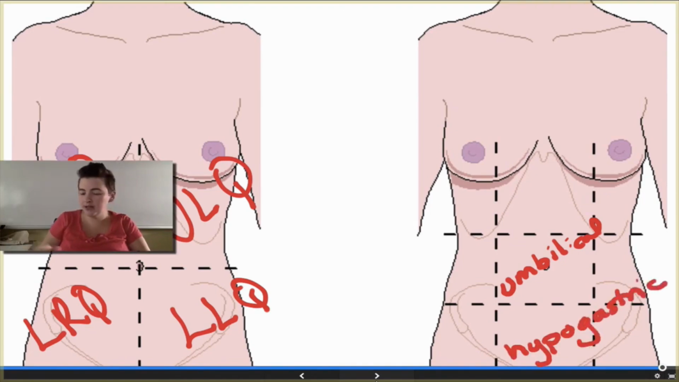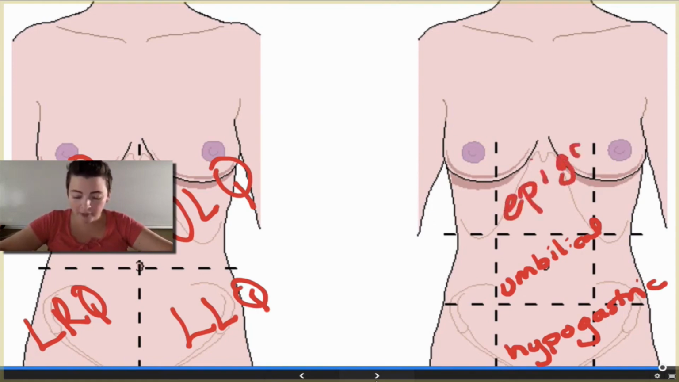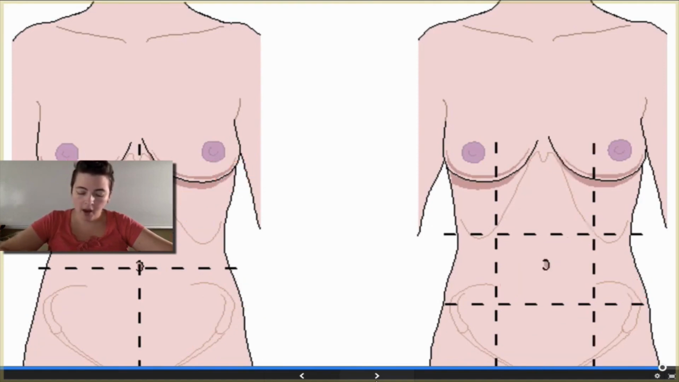And hypogastric, hypo means below, gastric means stomach, so below the stomach. Above the umbilical is the epigastric. Epi means around, gastric means stomach, so it's around the stomach area. Over to the right, remember this is right and this is left, so if you were to hold this picture up towards you, that would be your right side and your left side, so it's opposite when it's down on the paper. This is going to be the right